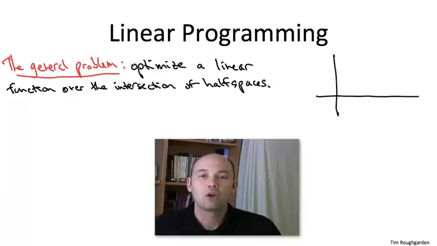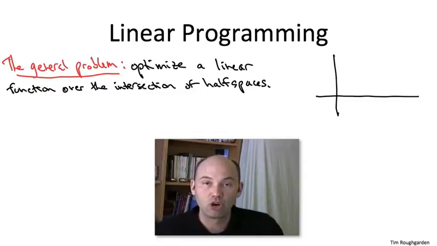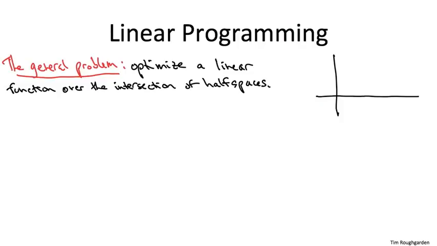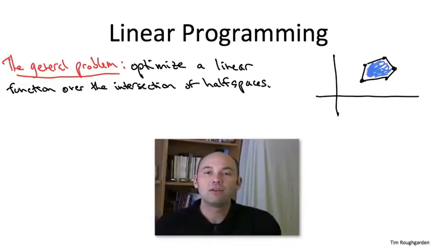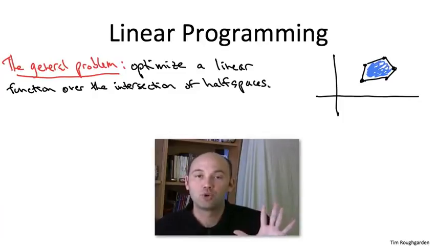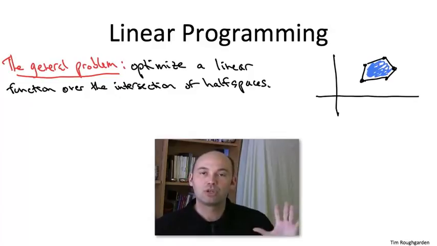So let me just draw a cartoon picture, which is going to be in the plane. Although let me emphasize, the power of linear programming is that you can efficiently solve problems that are in massively higher dimensions. Not 2 dimensions, but think millions of dimensions. So in the plane, the intersection of half planes, assuming it's bounded, is just going to be a polygon. And you can think about optimizing a linear function as just trying to push as far as possible in some direction, subject to being inside the feasible region. So for example, maybe you want to push as far to the northeast as possible, subject to being one of these blue points, somewhere in this polygon.